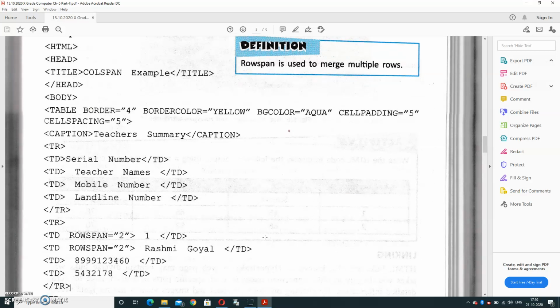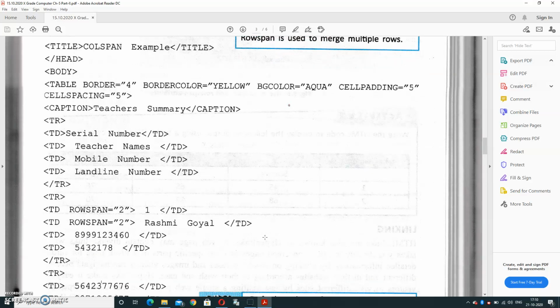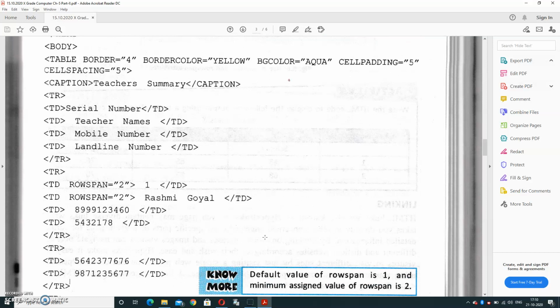The second row has rowspan for 2 rows, and the second value is rowspan for 2 rows again, and next is contact number, and next is your landline number. In the next row we have added column span.